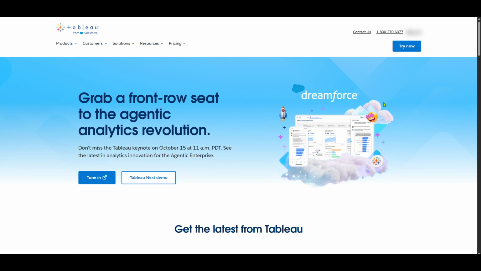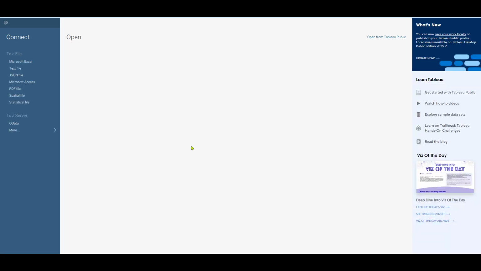First, you'll want to open the Tableau app on your device. Tableau is a powerful tool designed for data visualization, and it's the foundation for our work here today. Make sure you have it installed and ready to go. Once your Tableau app is up and running, you'll need to select a workbook. Your workbook is essentially the container for your data and visualizations, so be sure to choose the one that contains the data you want to highlight with a big-ass number.